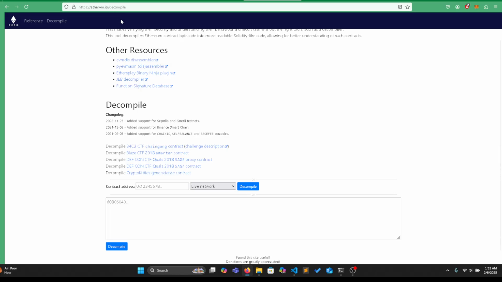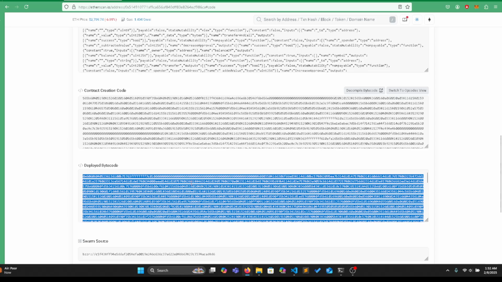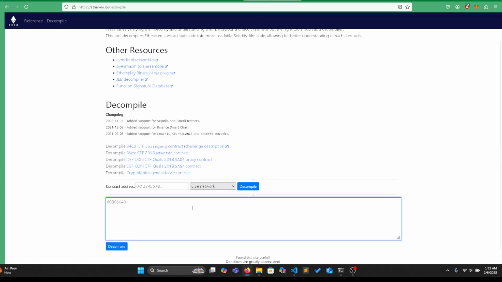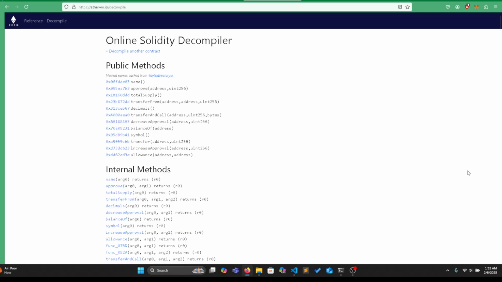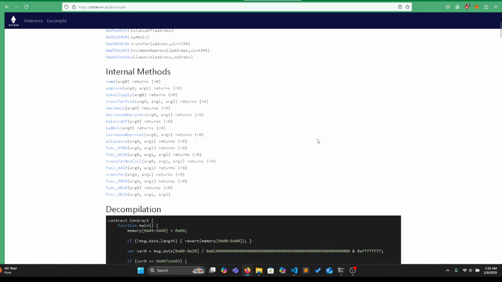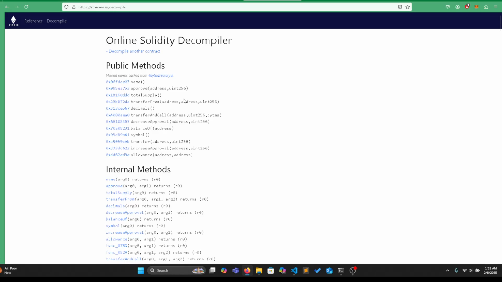Etherscan.io, which I already provided in the reference links, so you can open it and check everything. We need to copy all the bytecode, paste it here, and click decompile. It gives us some time, and they show something like this. Here is a name function, the bytecode name function, approve, total supply. Everything they show is an internal or public method, with arguments and other things, but we need to notice these